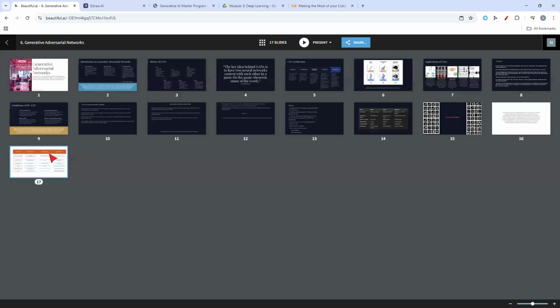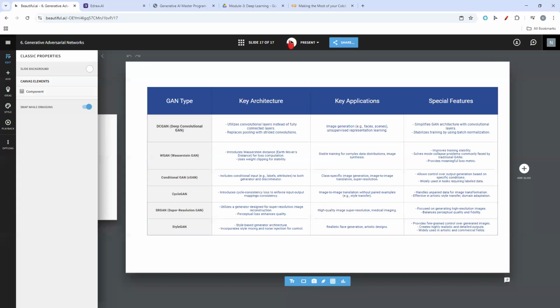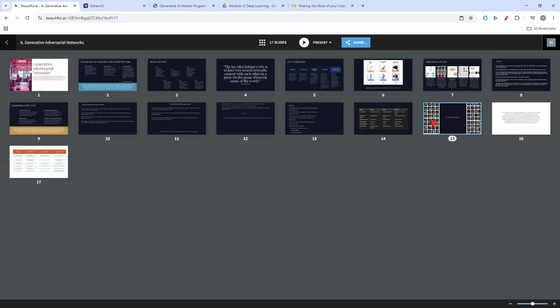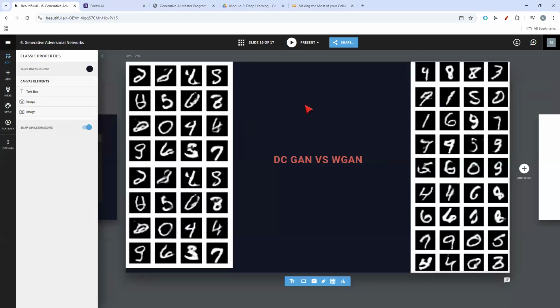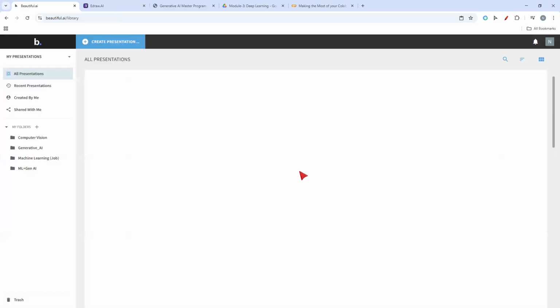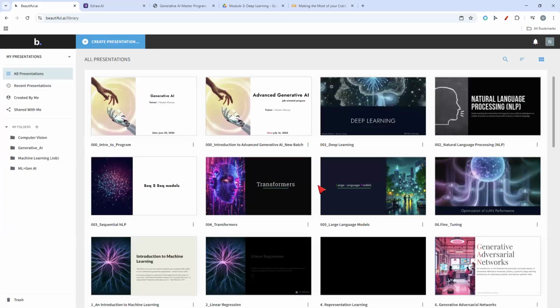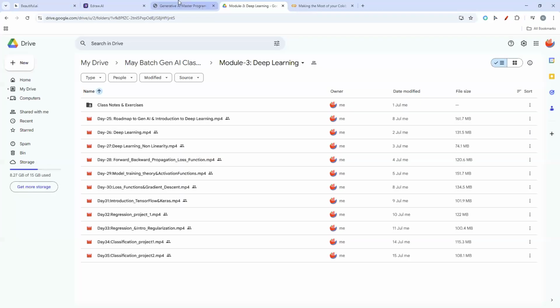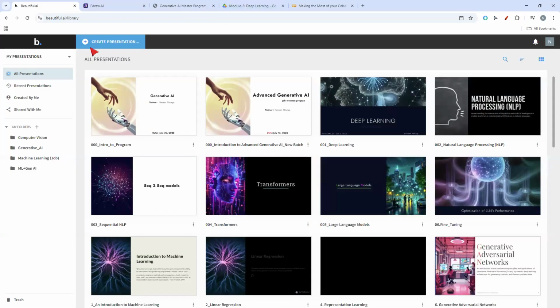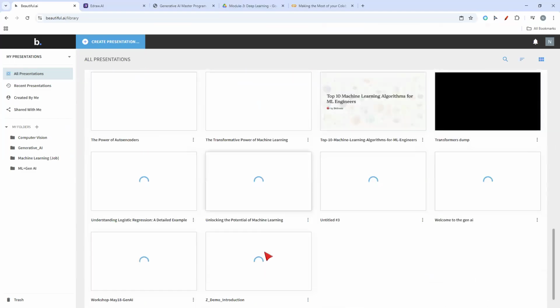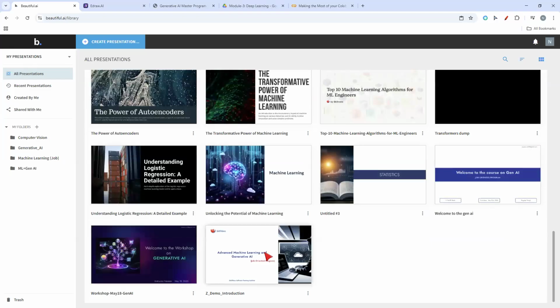Let me show that. These are all image related ones, and image related again takes a significant amount of time. If you want, I can take up a session, and maybe for 1 hour I could cover this concept, but it takes a lot of time. We won't be covering the major ones. However, we are going to build text applications well, which is what this program is all about. If you want the image related ones, it might take some time, so maybe I can take some weekend classes if you require.